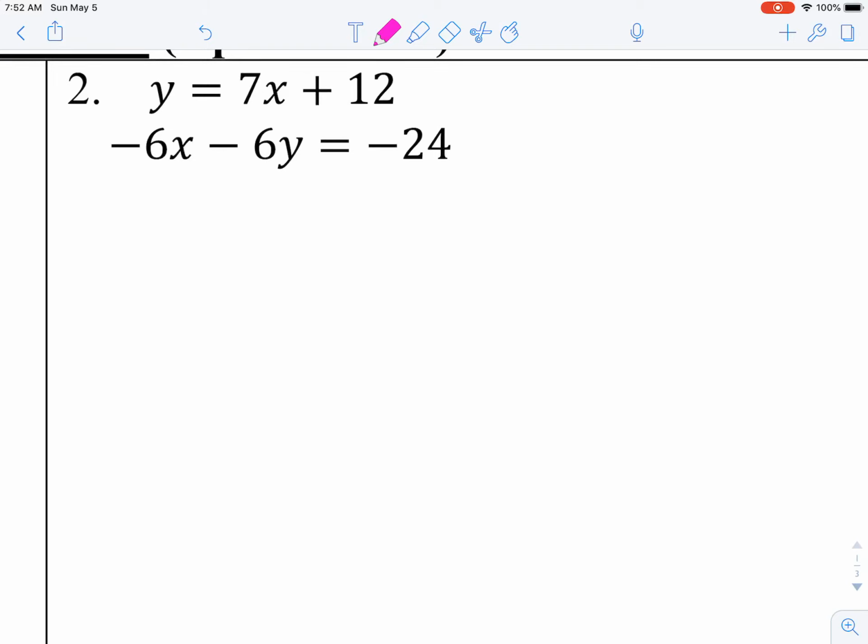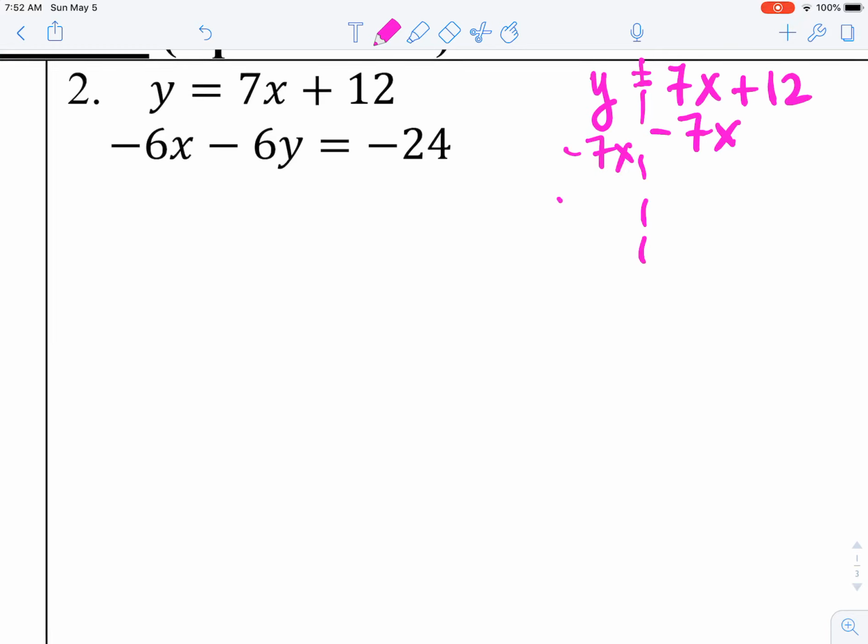So the most important thing is to get them to look the same format-wise. Right now they don't. The top one is in y equals mx plus b format. The bottom one is in kind of a standard form. So what I'm going to do is, for elimination, I like to put x and y on the same side. So I'm going to take my top one and make it look like the bottom one. So I'm going to take 7x from the right-hand side of my equation